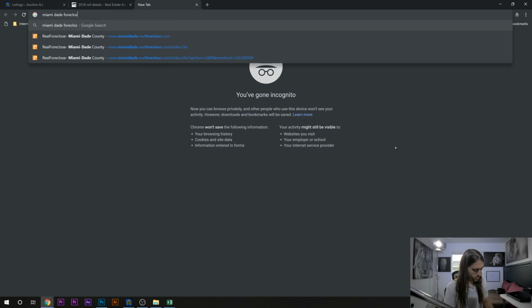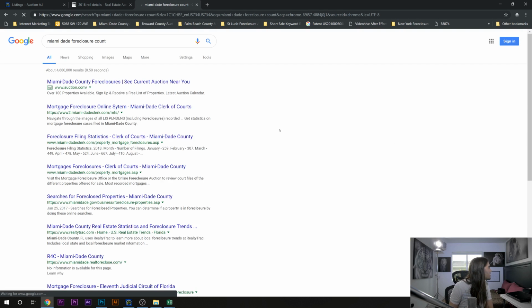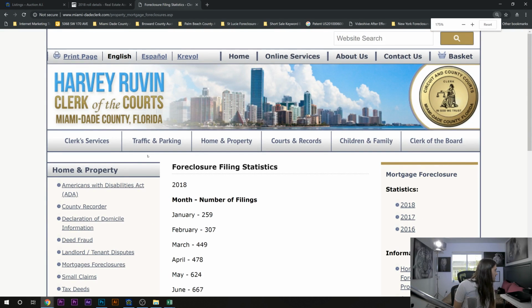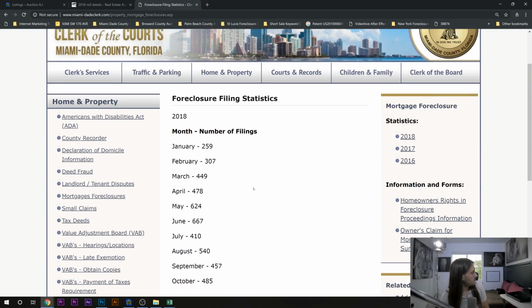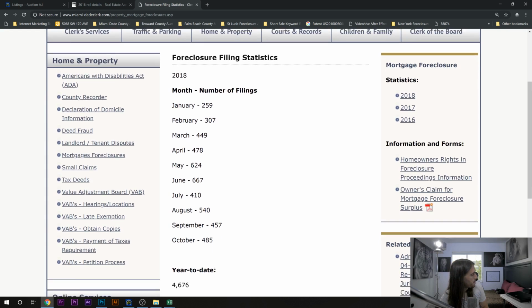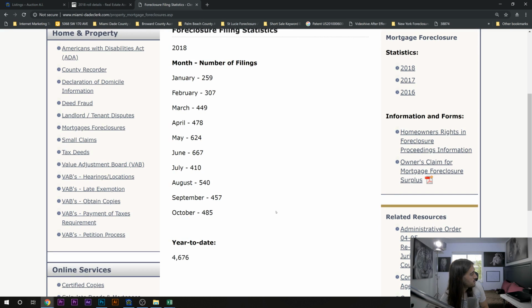Miami-Dade foreclosure count. They actually have it on the county website. Foreclosure filing statistics. So let's take a look at this. What does it say? Blow this up. So in 2018, we see there's like 250, 300, 400. And then these aren't auctions. This is just filings. These are just new filings. So there were 4,676 new foreclosures that happened. And what we have in the auction, what we know there is